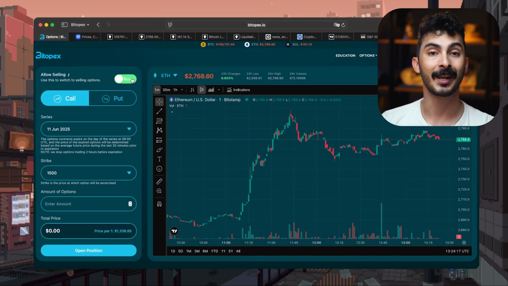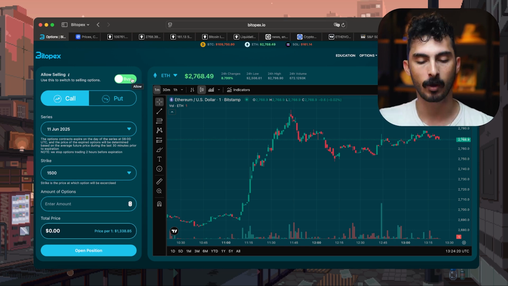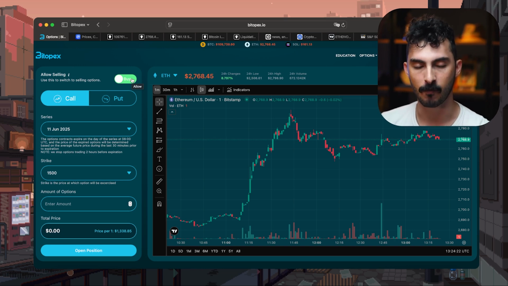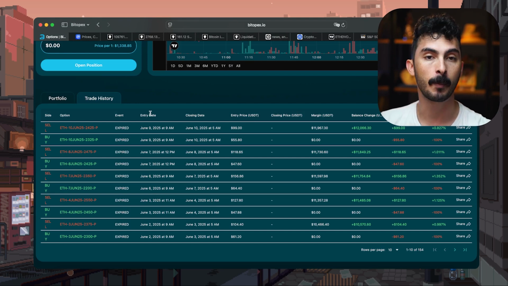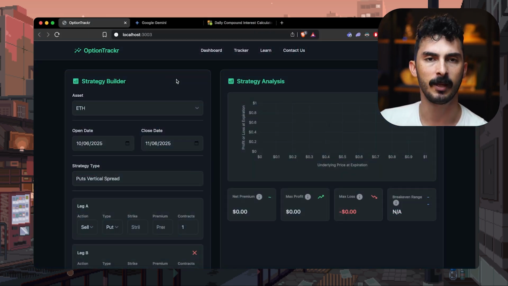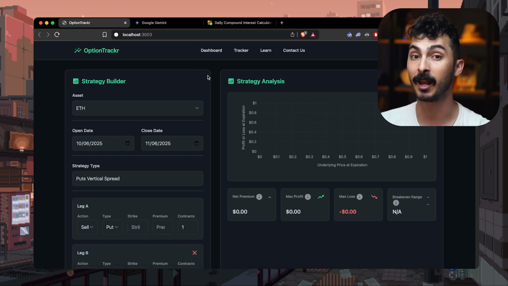And usually what I do, again, this is for me, I'm building something, I'm vibe coding, and I'm making something for me to track these options. Because at the end of the day, if you go to trade history on the topics, these are all single legs and it is hard to track all of them. So what I'm doing is an option tracker. This is still local. I'm running that for myself as a little project, you know, going back to coding.